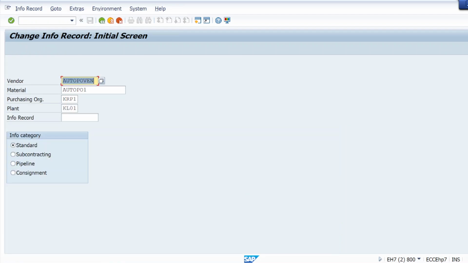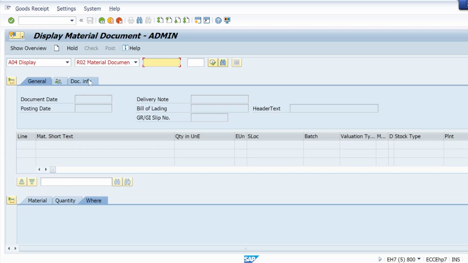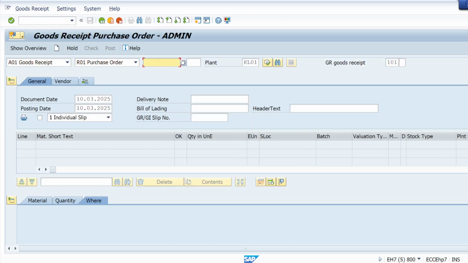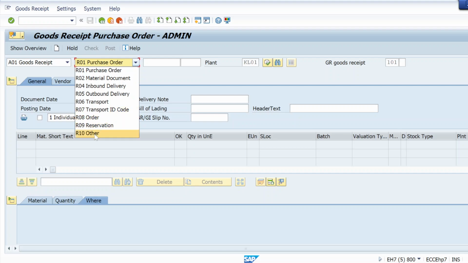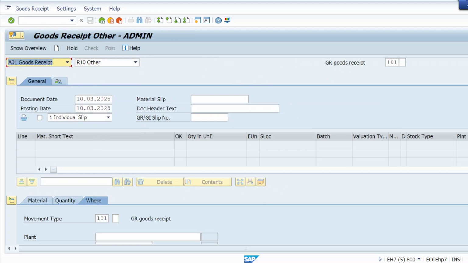We can maintain the tax code the same way. Okay, so let me create. I'm just going to do MIGO. Here we will just do goods receipt. Movement type 101, hit enter. Same as in S4. It doesn't mean ECC is different and S4 is different.